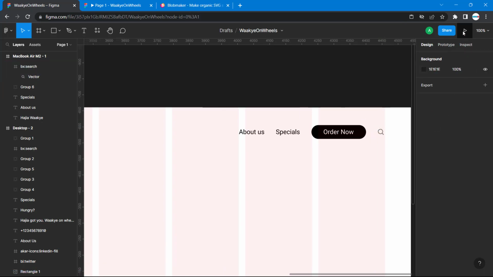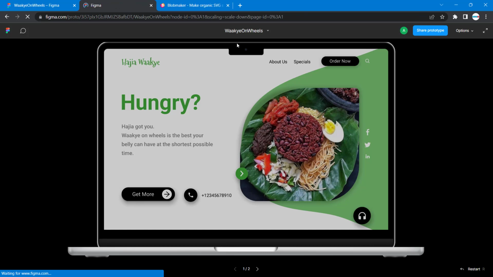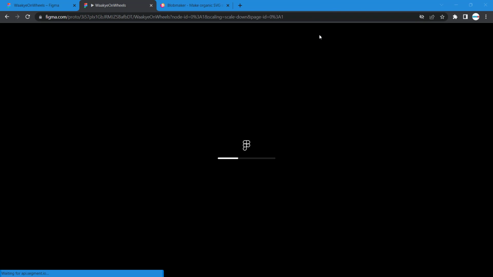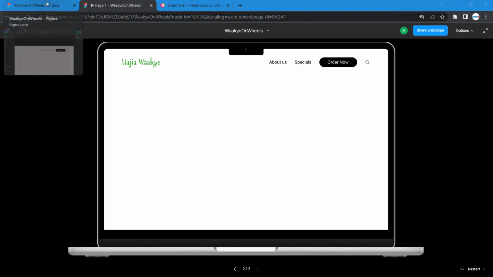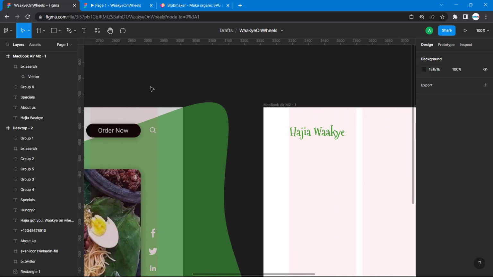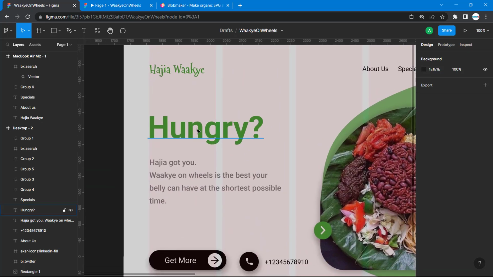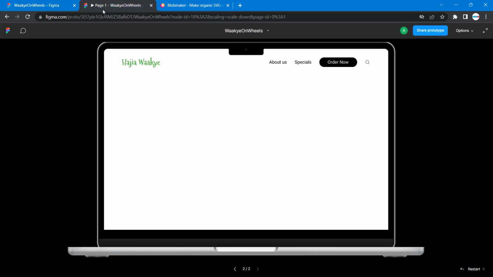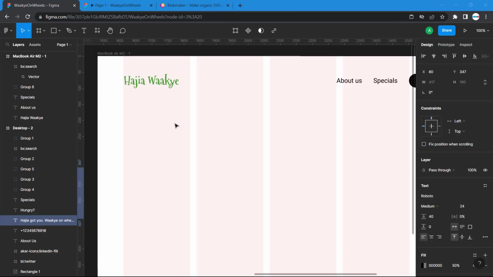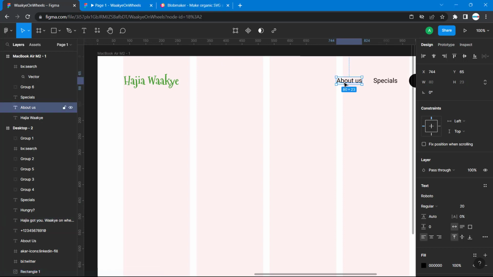We can preview it now and see what we have. This is what we have for our UI. Now we'll go back and see what we want to achieve next. Let's work on the hungry and then this text. Using the text tool, I'm going to select the text tool again, or better still, I can just use